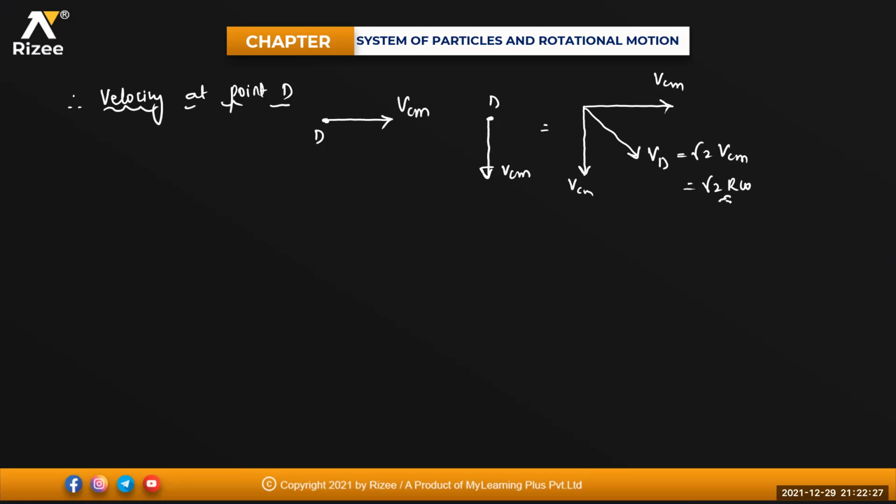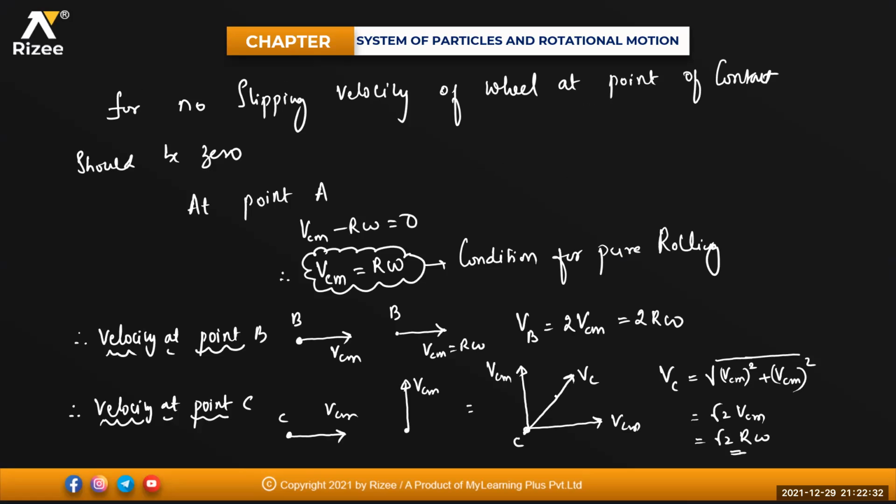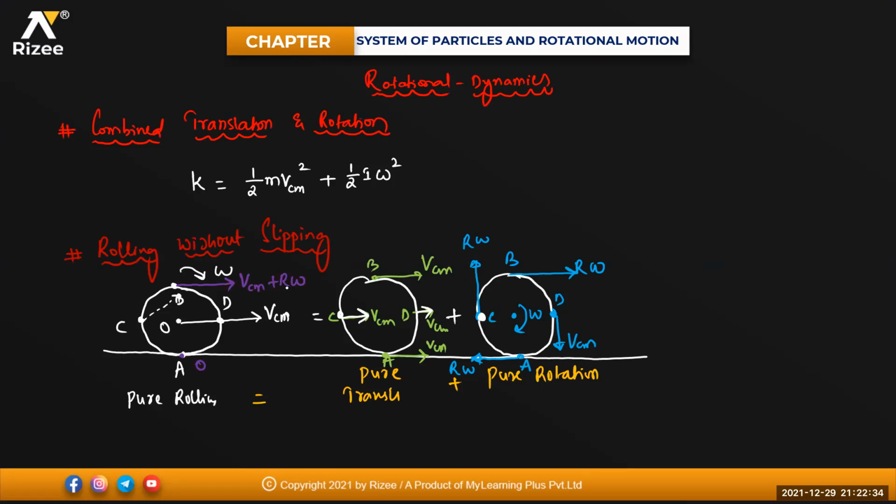So for a body which has been rolling, I can say that at the highest point of contact, the velocity should be equal to your how much for me? VCM plus R omega. That means this will become for me how much? VCM is also equal to your how much? R omega plus R omega. That will become for me 2 times of R omega. For a pure rolling, at highest point of contact, the velocity must be equal to 2 times of your R omega. Is that clear, beta? Any doubt in this one?